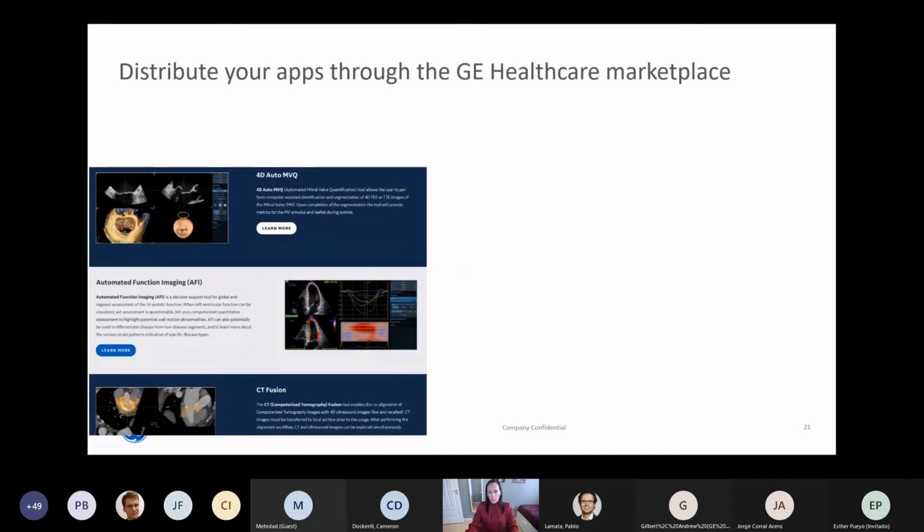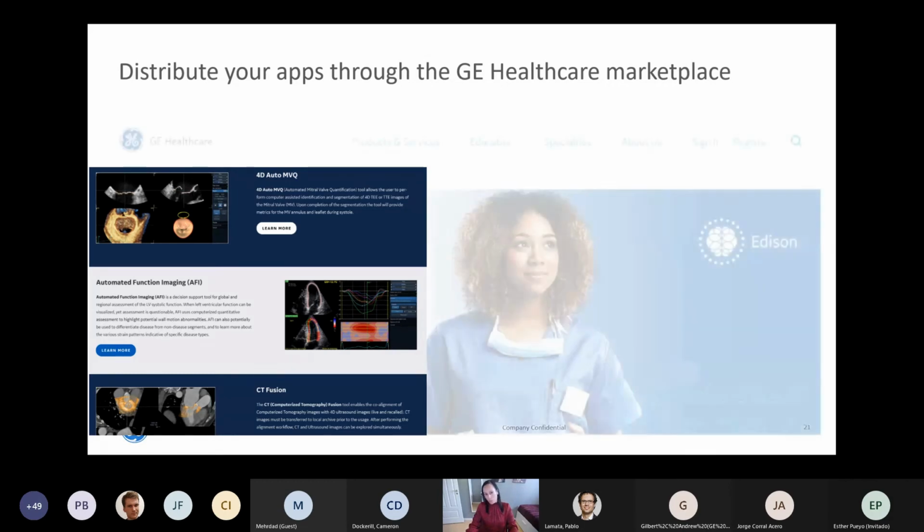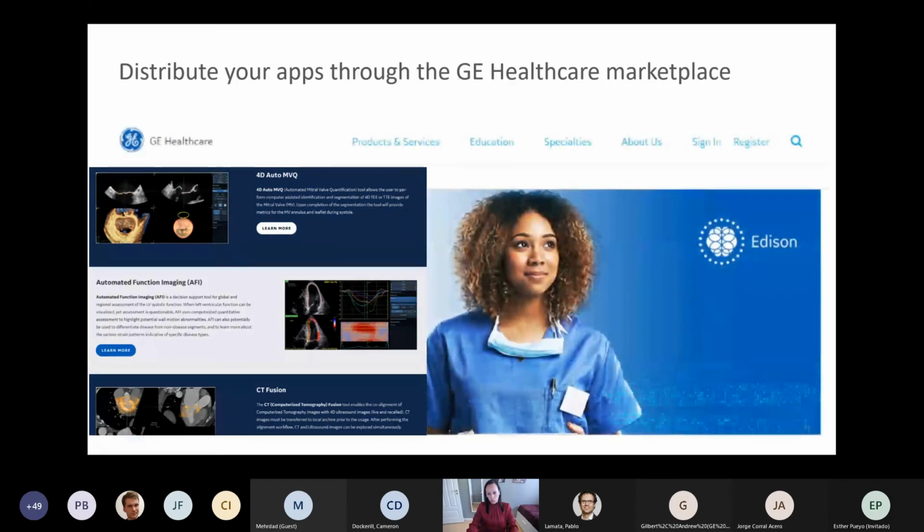As I mentioned, this is the same kind of framework that we use for our own internal apps. So for example, showing here a few of our apps that we have deployed on our systems already. And so with this initiative, we now enable third parties to distribute their apps through our marketplace. So this is powered by Edison, and users are able to download the apps directly from the marketplace and can have these apps installed on their systems